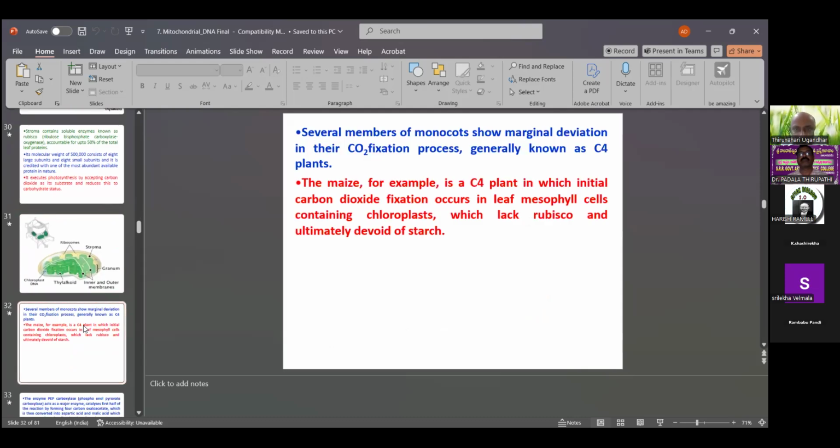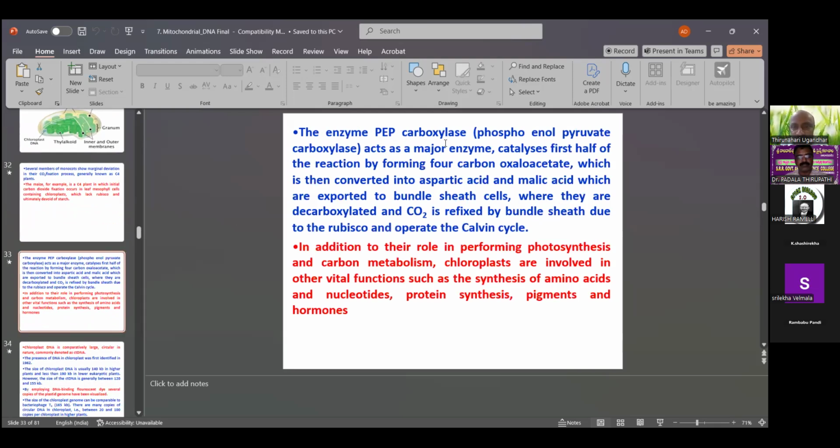Several members of the monocots show marginal deviation in their carbon dioxide fixation process, generally known as C4 and C3, which are different. C3 and C4 refer to carbon number; plants are divided into C3 and C4. Maize, for example, is a C4 plant in which initially carbon dioxide fixation occurs in leaf mesophyll cells containing chloroplasts, which lack Rubisco, and ultimately starch is derived. The enzyme phosphoenolpyruvate carboxylase acts as the major catalyst in the first half of the reaction, forming four-carbon compounds, that is C4, then three-carbon compounds, C3, which are converted into aspartic acid